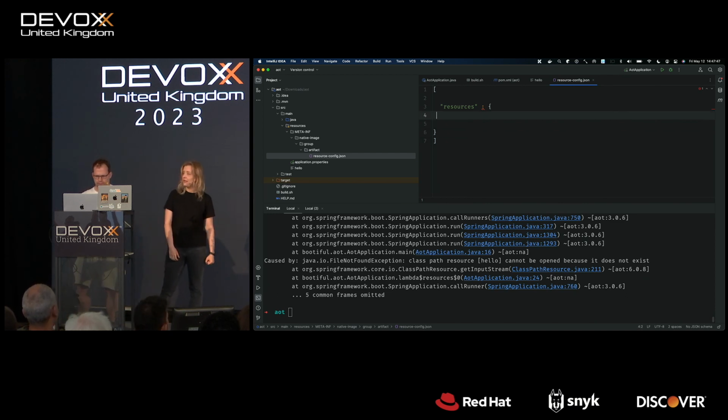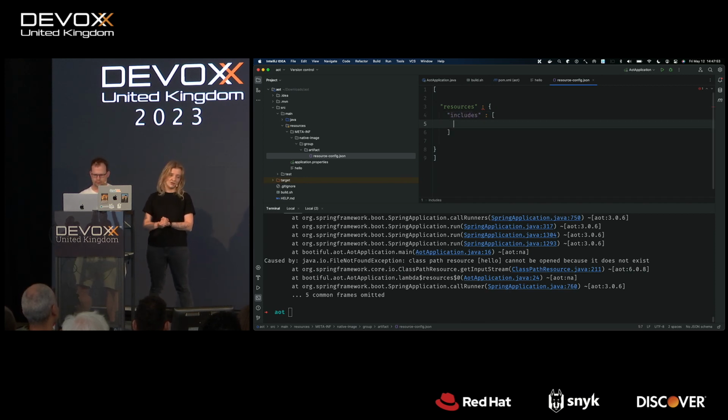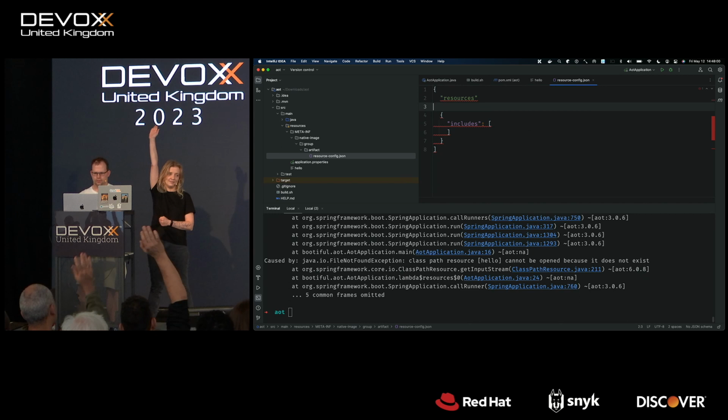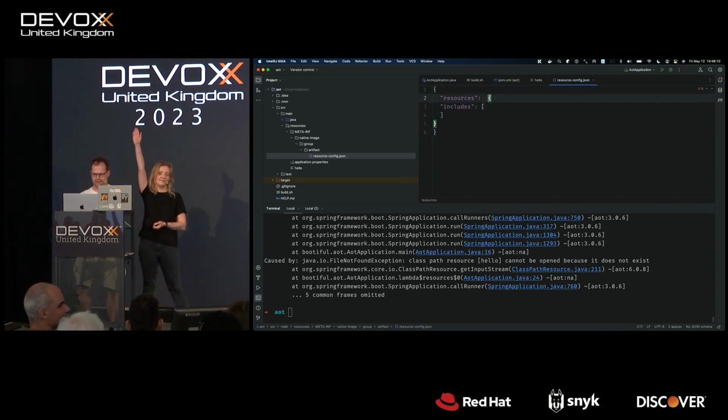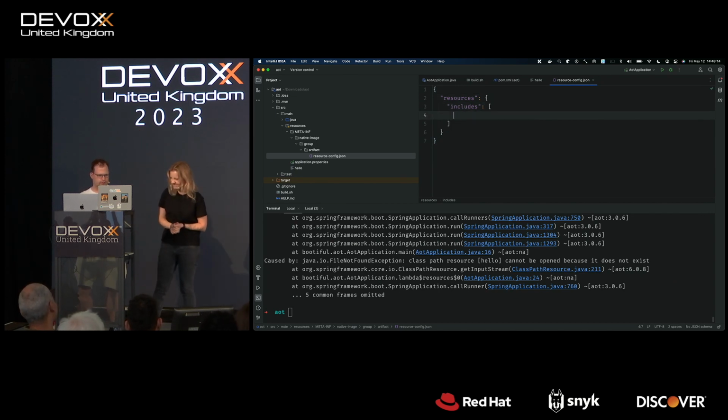OK, so we were arguing earlier today with Josh, how do you pronounce JSON? And we have two versions. One is JSON, and the other one is JSON. So let's maybe vote together which one is the right one. So is it JSON? OK. So any French people here? French is Josh's second favorite language, apparently. So he feels very sad about this. Yeah. And JSON? I guess JSON it is. I'm sorry. JSON. So includes.